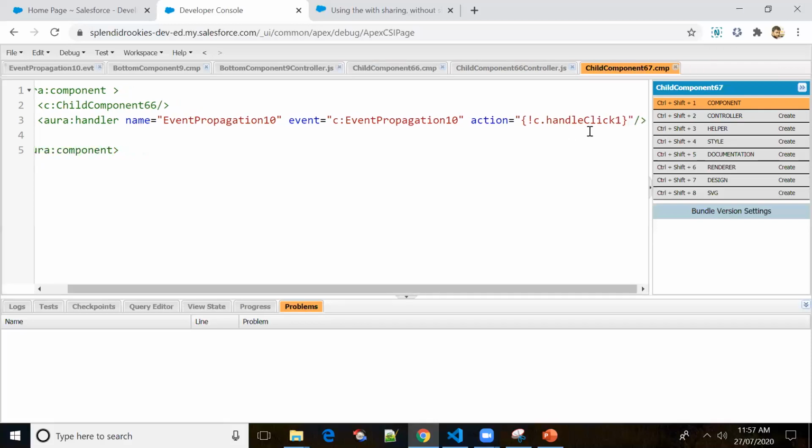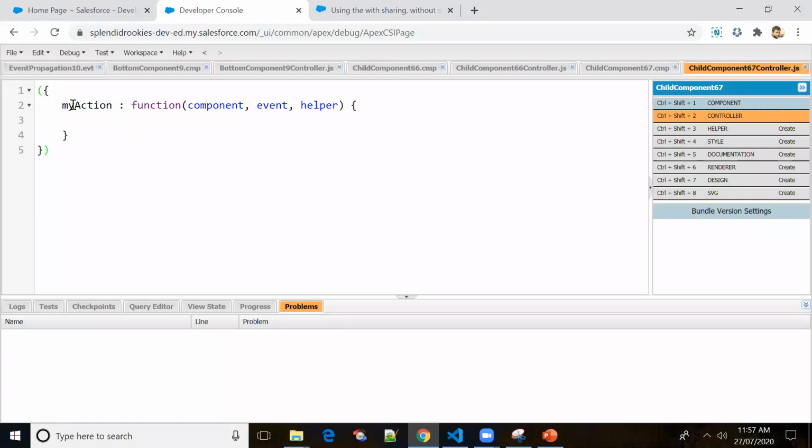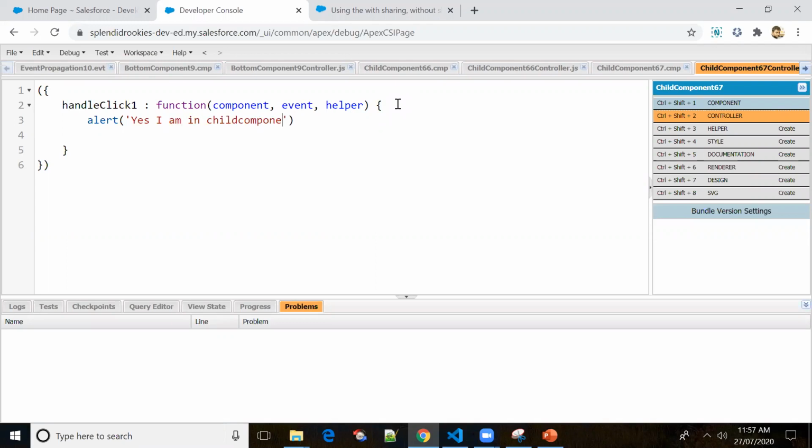Let me save it. Let me put this method in the JS. Okay, so handle click one. So I'll be just putting alert. Yes, I'm in child component two.